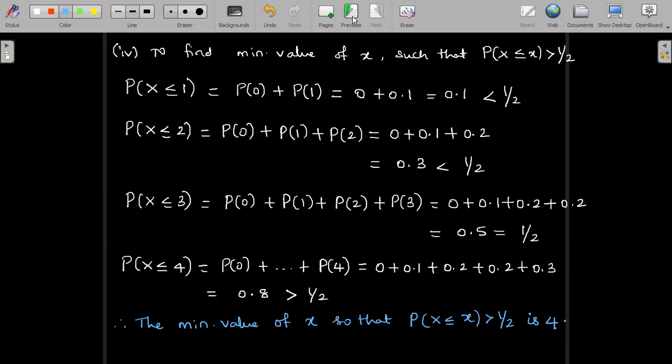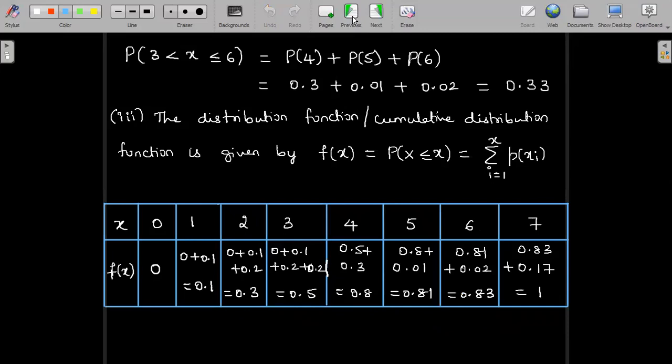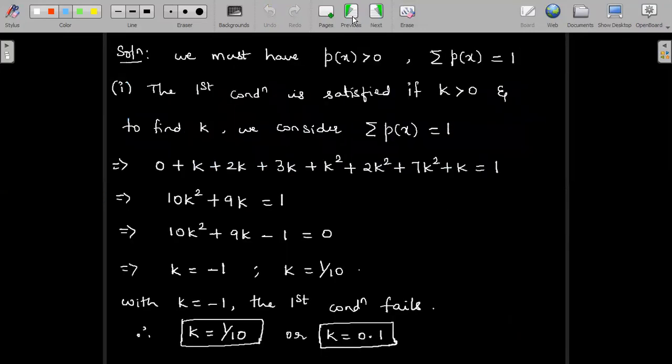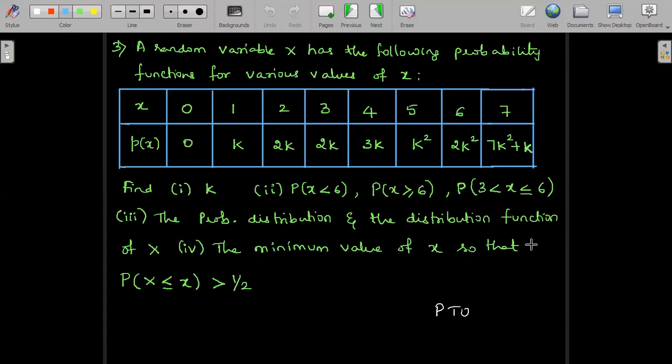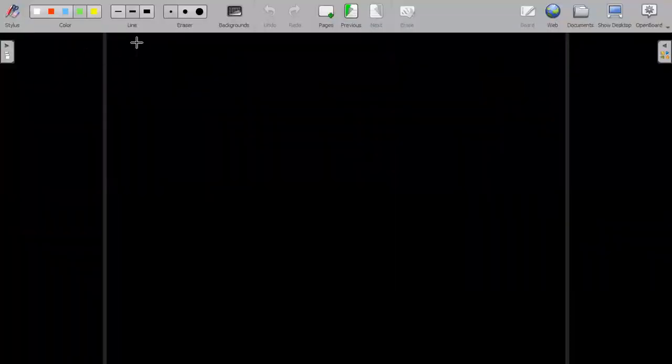So this was a different category that we considered. Of course, a few things we were aware of, how to do the distribution table, how to find value k and all. And the new thing that we learned in this problem is to find the cumulative distribution function of x. And when a separate condition like this is mentioned, how do we find the probability satisfying such a condition? We'll see the next problem now.